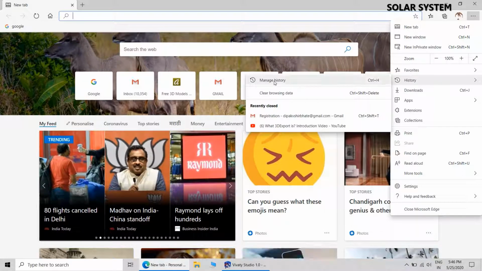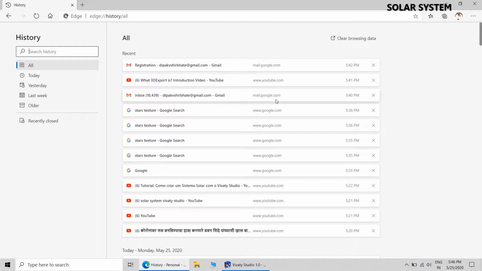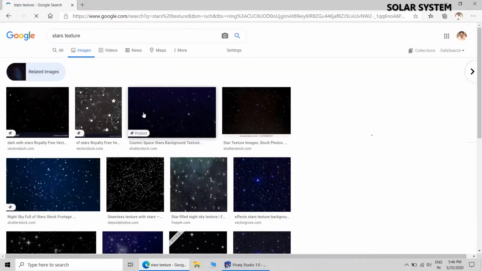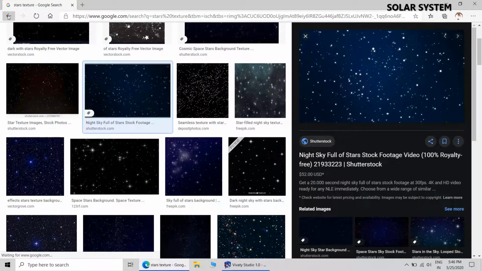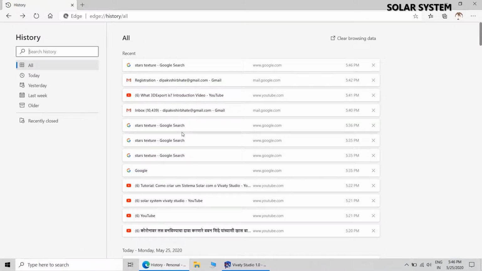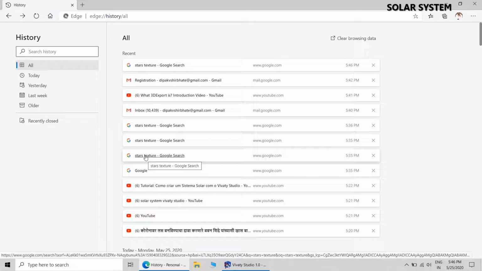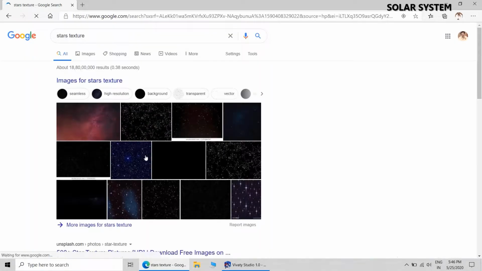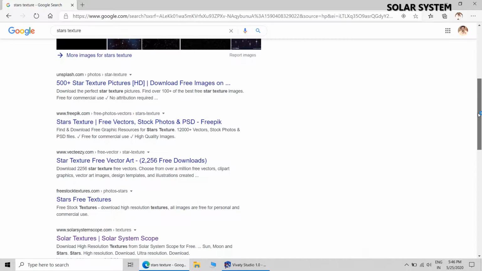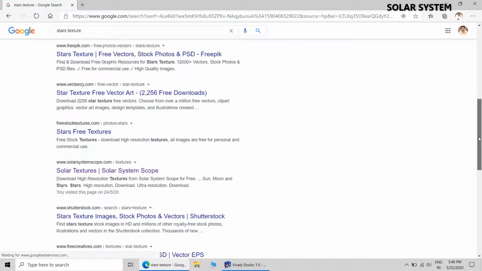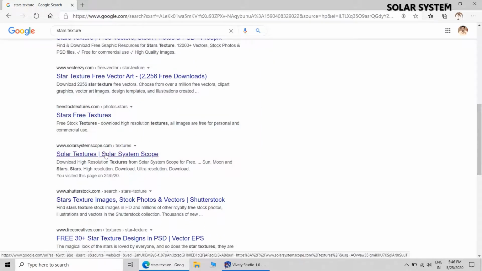Just I'm looking for the, I think I have forgotten to download the texture of sun. These are the stars, I have already downloaded that. So just now I have downloaded, and here the website is.